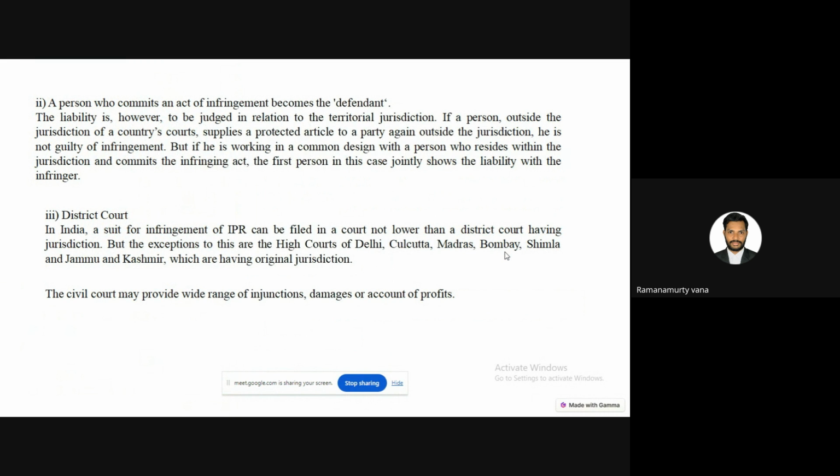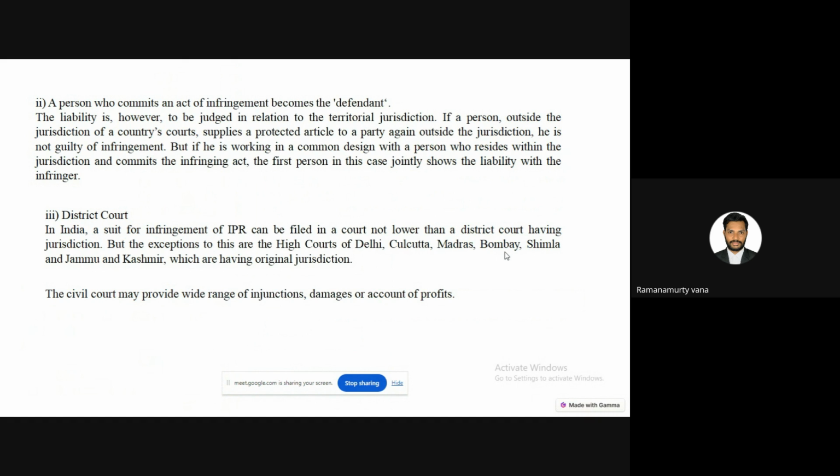For the second question, against whom will the case be filed? That is the person who has violated the right, who is called the defendant. Here, liability is to be judged in relation to territorial jurisdiction. For example, if a person outside the jurisdiction of the country's courts supplies a protected article to a party also outside the jurisdiction, he is not guilty of infringement. For example, in India,